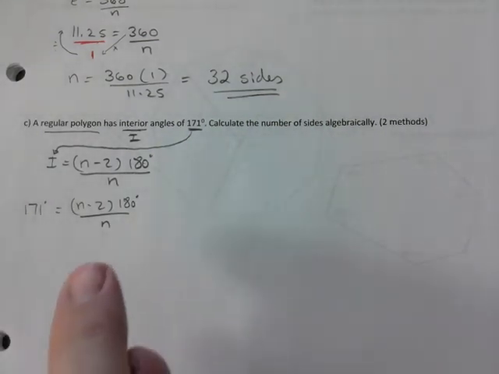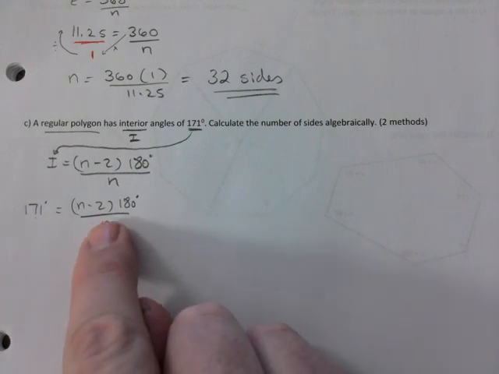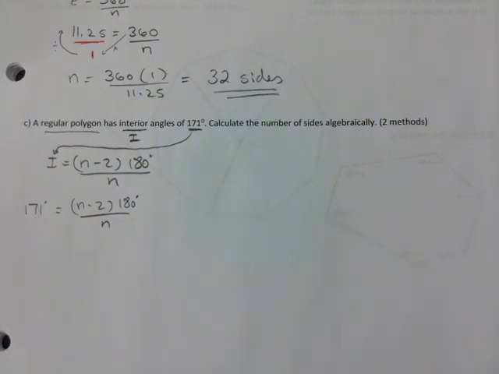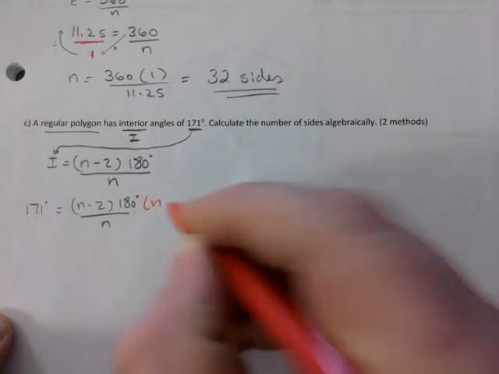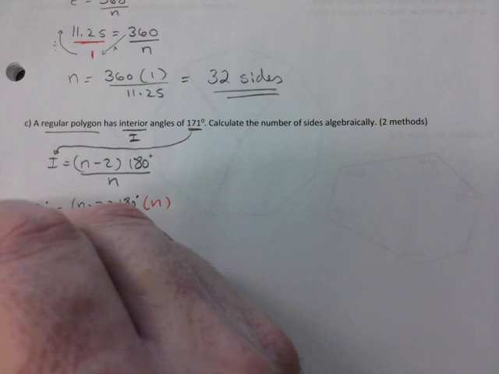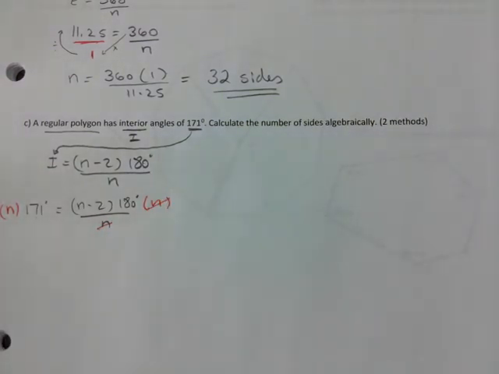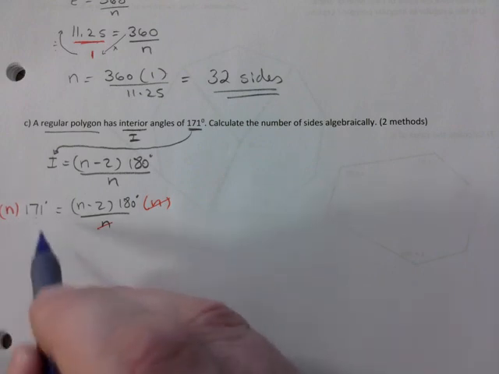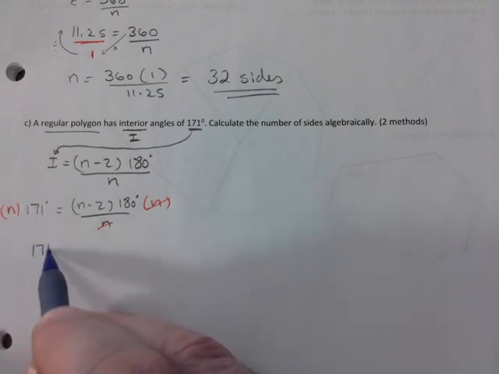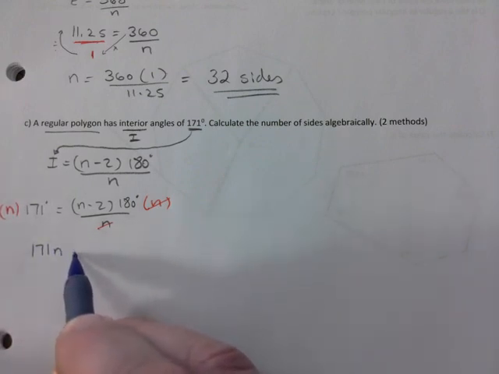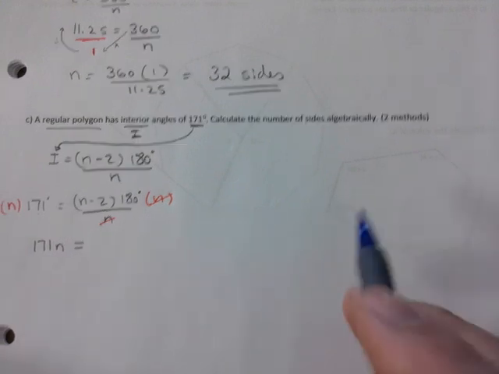My method is going to consist of this: whenever there are fractions in an equation, I try to get rid of them. And no, you cannot cross multiply and divide here. It's not going to work out because there's too much happening here. So what I'm going to do is multiply both sides by n. That allows me to get rid of the n there. So it's 171n is equal to,